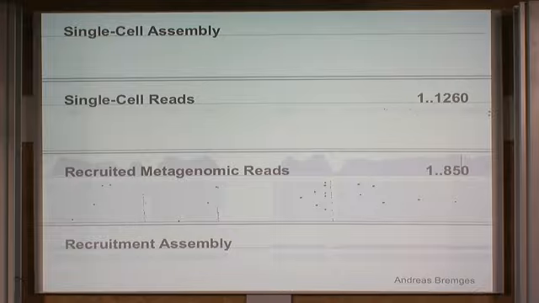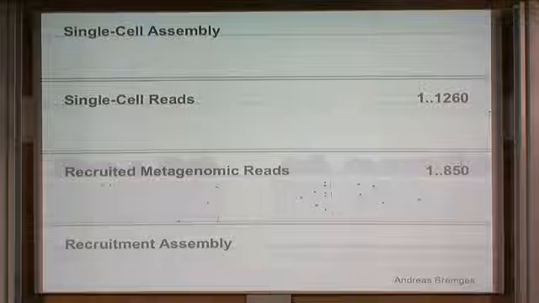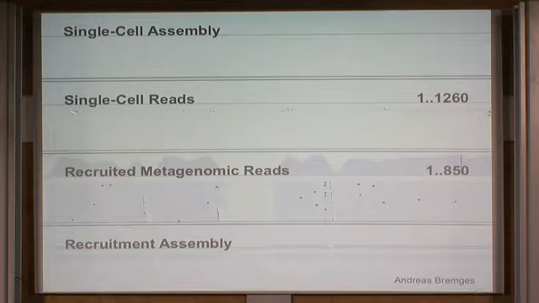And that's working even better for regions which are not assembled at all, not covered by a single cell assembly. So there is nothing up here, but we still have some single cell reads here. And of course, the coverage is so tiny that you cannot even assemble it, right? But when we take these reads and pull out the metagenome reads which match them, we get a better coverage, and then we can assemble these proxy reads and get an assembly of this region, which we didn't get in the first place. But of course, again, we have to make sure that we don't pull in contamination from the metagenome, so the whole thing has to go through a QC pipeline again.